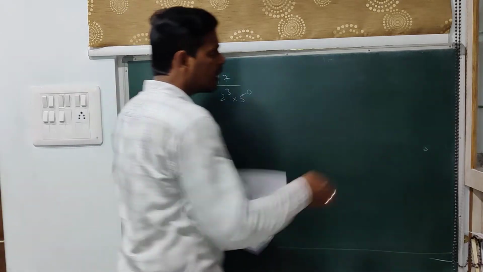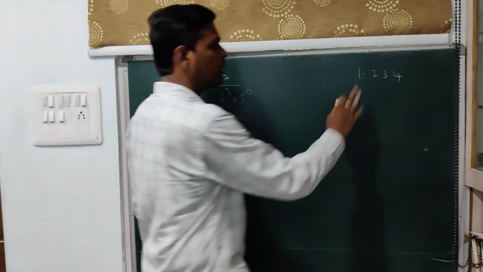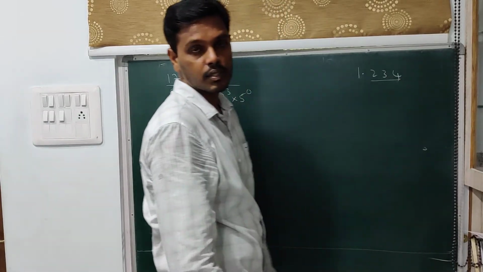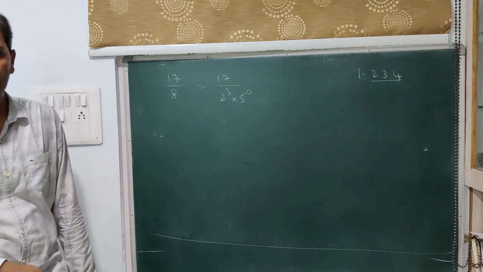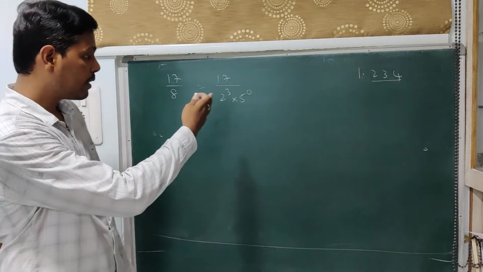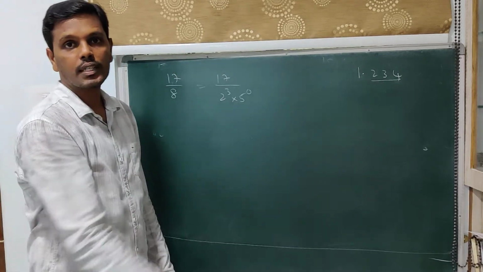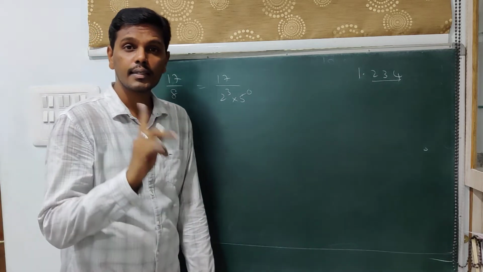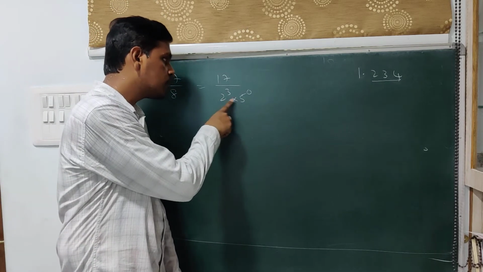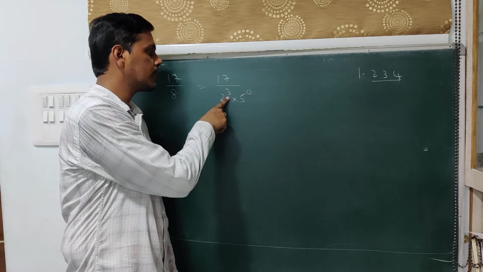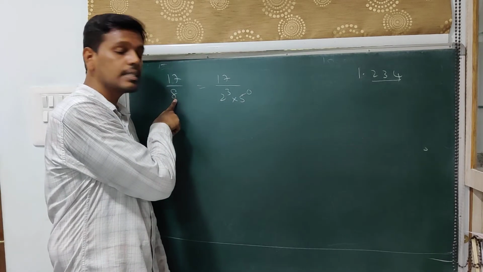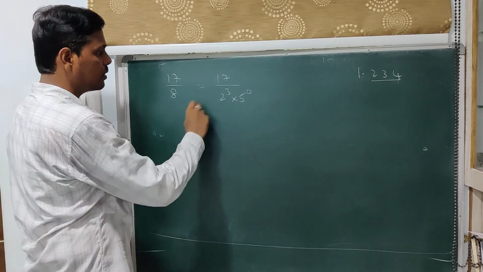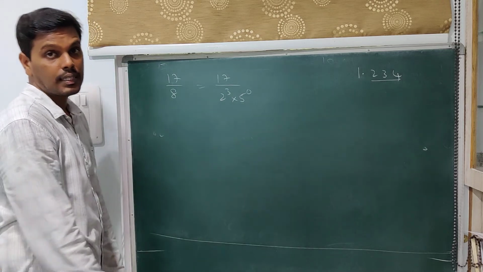Now the second part is, after how many decimal places it terminates. Suppose you have 1.234. Now this is a number which is terminating after 3 decimal places. So they are asking you, without actually dividing, we have to say after how many decimal places it terminates. Now that all depends upon the highest power of these two factors. Here the highest power of these two factors is 3. Therefore this decimal expansion terminates after 3 decimal places. That is what you write.